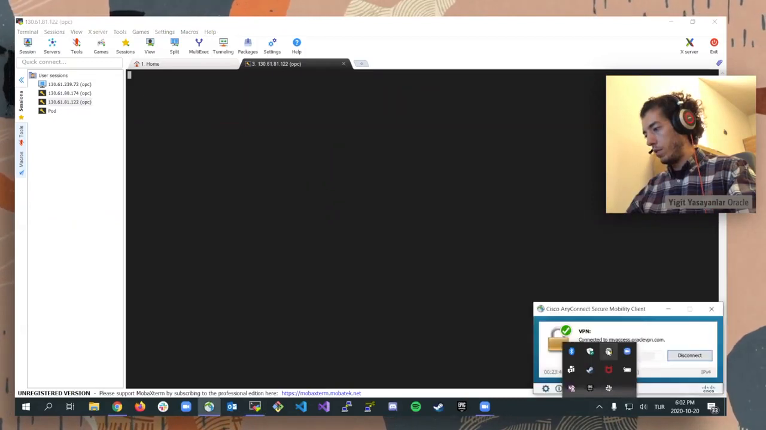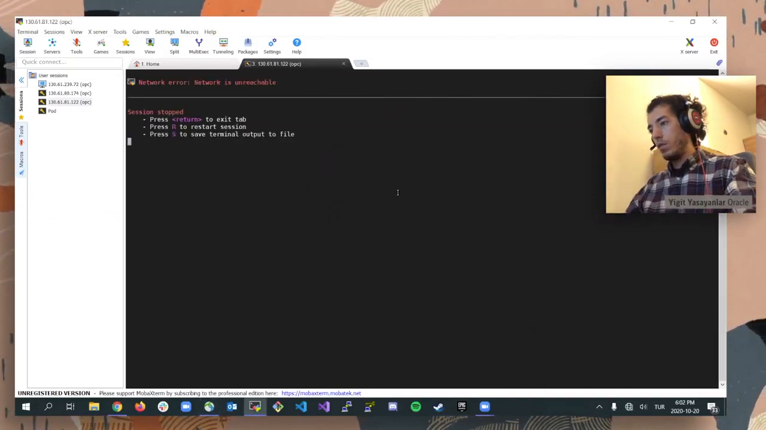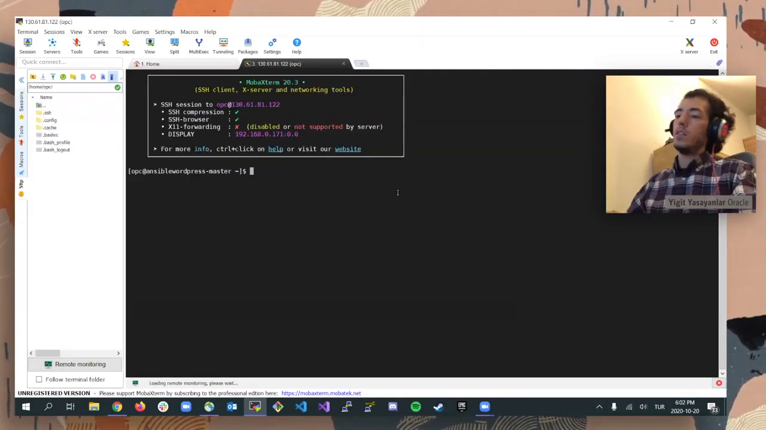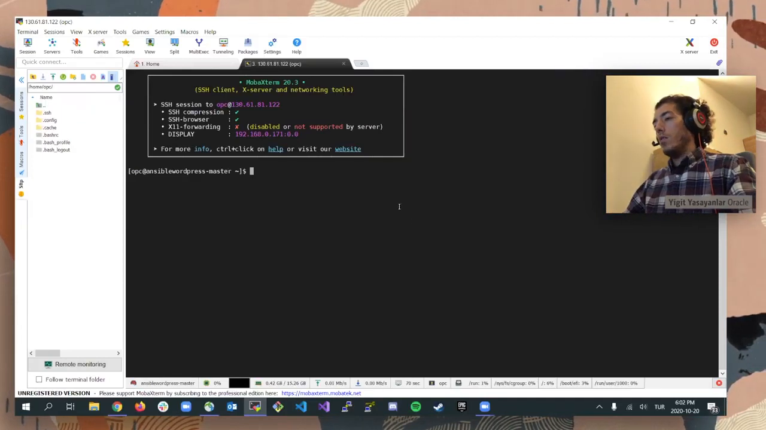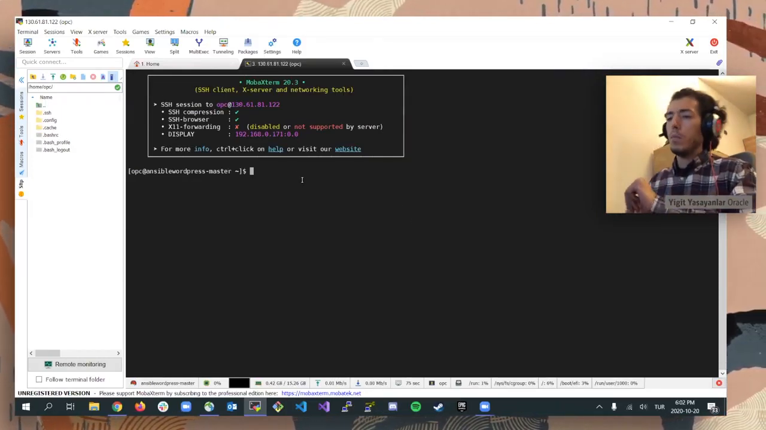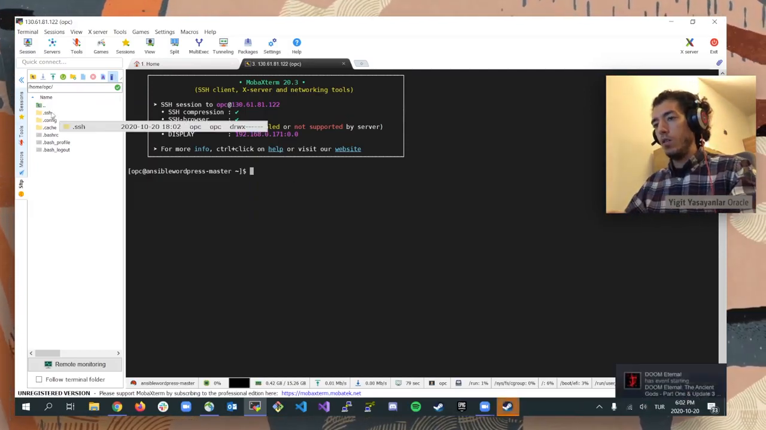Oops, I'm on VPN. I forgot that. So let me disconnect. I should be able to connect right now. Yes. All right. So first things first, I'm gonna upload my SSH key here on this machine under the home